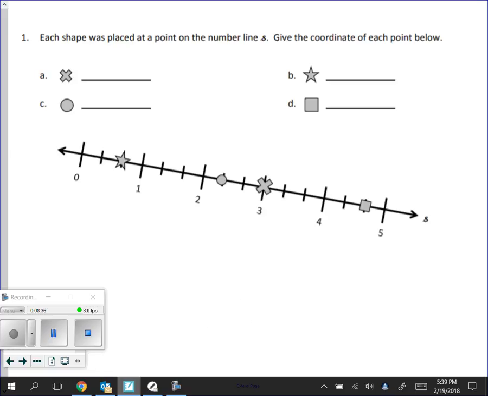It does not matter. We have our origin, we have our hash marks. So really the main thing that we want to do first is we need to label our hash marks so that we can identify the coordinates for each of our shapes. So what you can do,